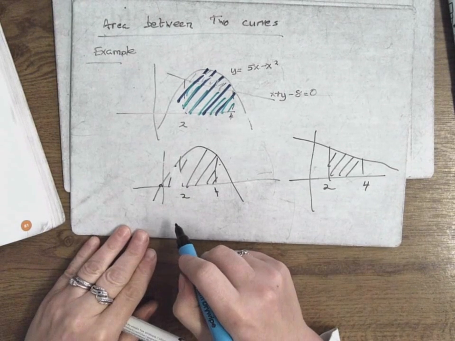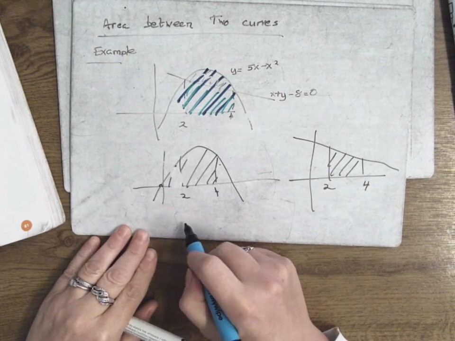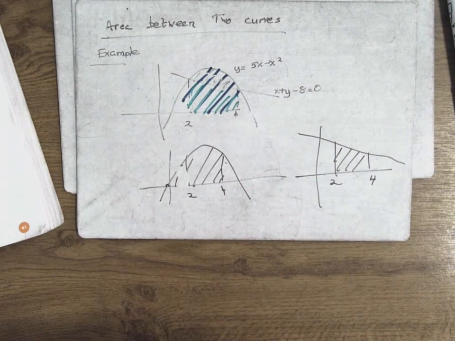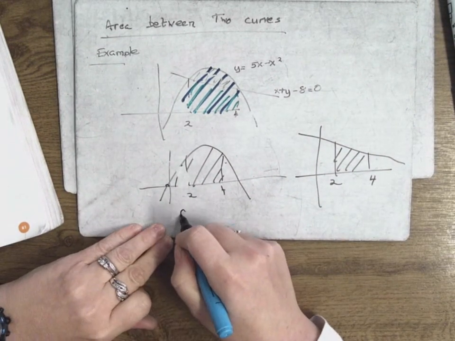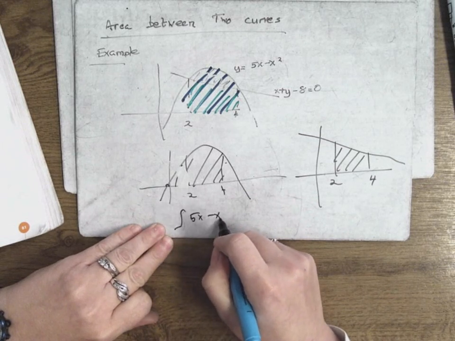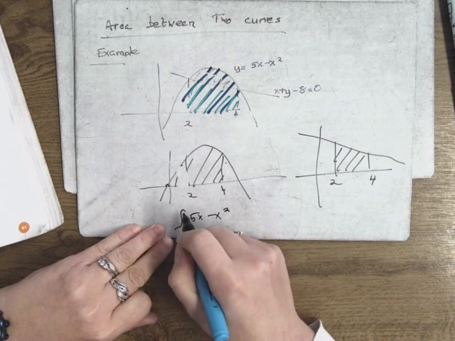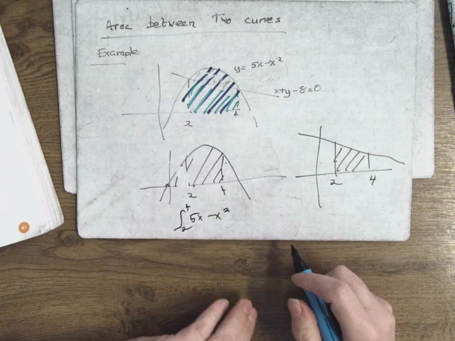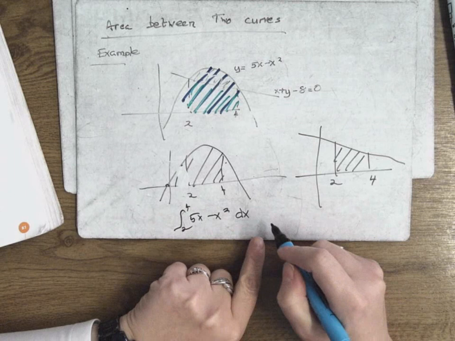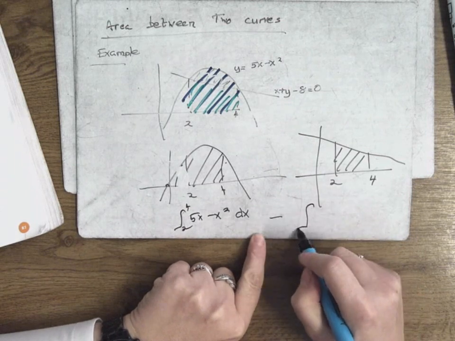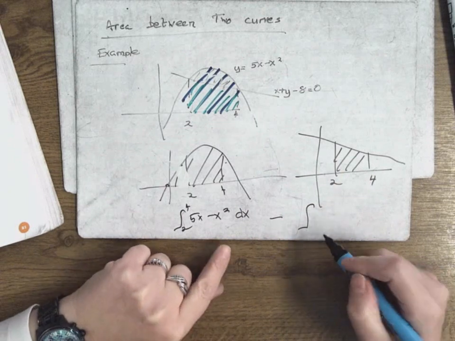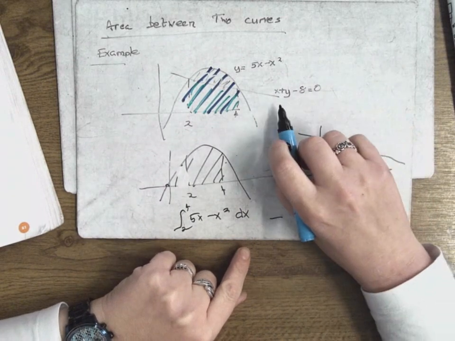So the area under this curve would be, integrate 5x minus x squared between 2 and 4. Is that okay? With reference to x, dx. Do you have to put that in? No. Take away, then, if I integrate what's under the line,